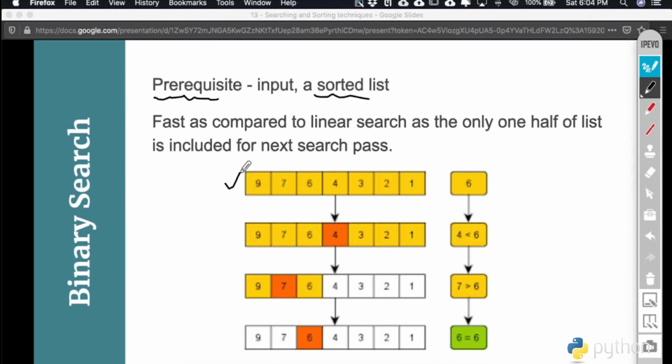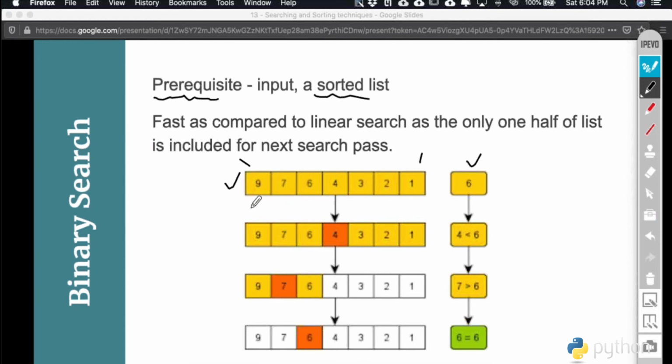And how we can do this is, let's suppose this time we are interested to find out 3 again, or let's suppose 6 again. Okay, sorry. So our key parameter is 6. In the case of linear search, we either start from the left hand or the right hand, and then we traverse one by one. But instead of starting from one end, binary search tells us to start from the middle of the list. And how can we calculate the middle?